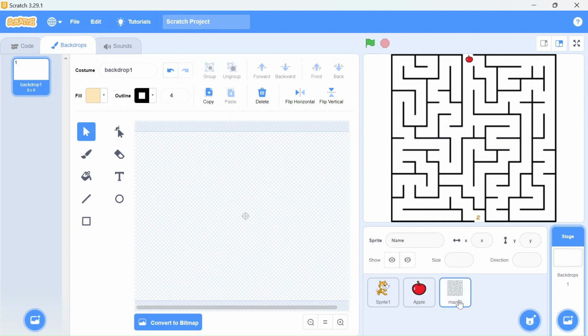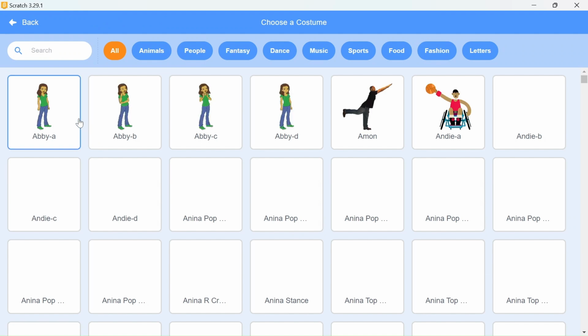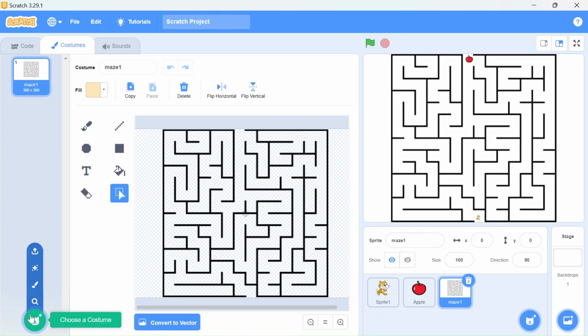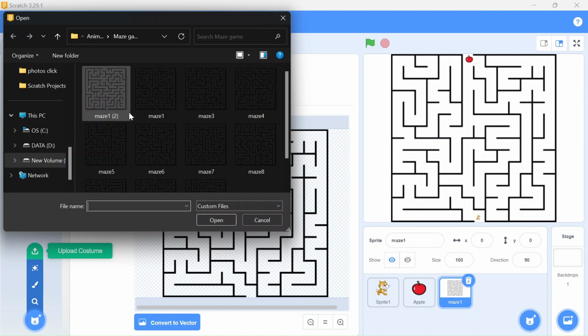So the very first coding we are going to do is for our maze. So let's code for maze. But we will need different mazes, because why? As we complete one task, we will need another maze. So you can just download them. We can just go here, and again I can load the sprites from here so that I can have all the mazes here. As you can see here, different mazes. I'll just take all of them.